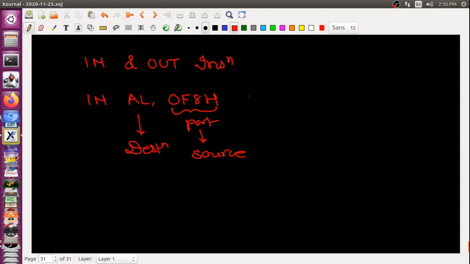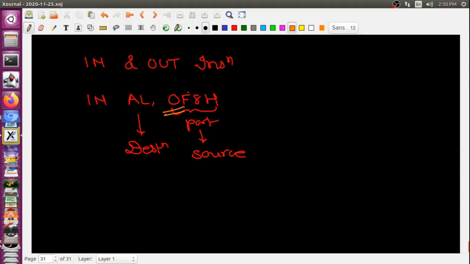So I have one device which is connected. The device has an 8-bit port address, but whenever we write values from A to F, always put a 0 in front of them, so that it is treated as a port address. Please remember that intentionally we have to put one 0 to show it as a port address. So one 8-bit port device is available.